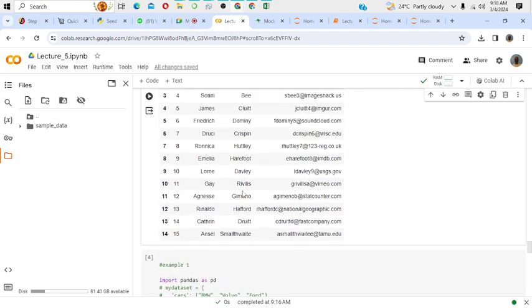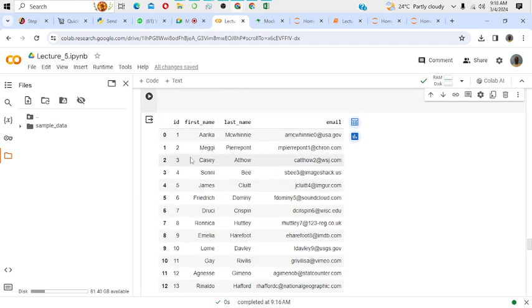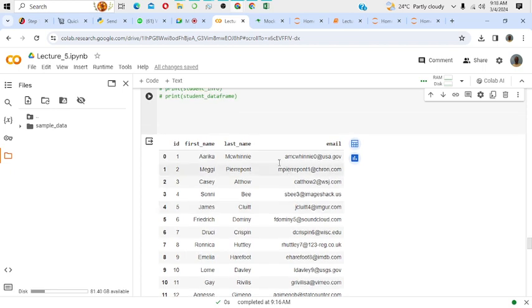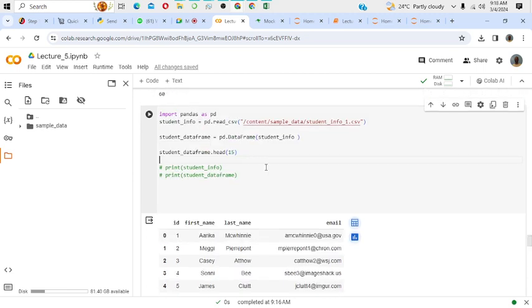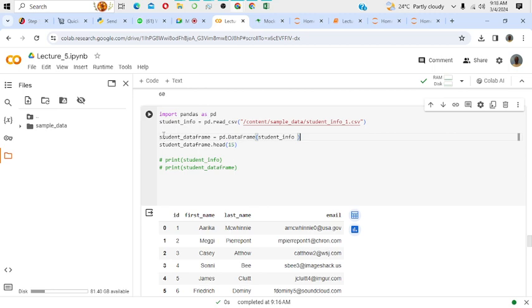At least you can see the structure of the data, that is the first name, and the structure for email and such. Because you can have another data set that has so many columns. So with this header,